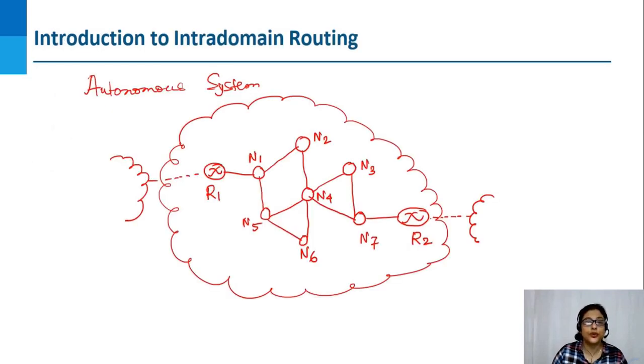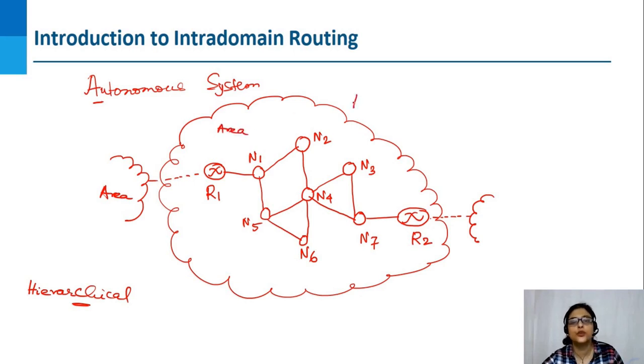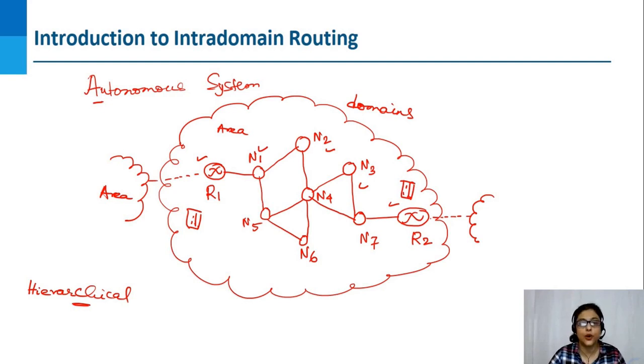In order to understand intra-domain routing, we have to understand what an autonomous system is all about. We know Internet is hierarchical in nature. This means that Internet is divided into several areas. These areas are known as domains. These domains consist of several routers and networks. These routers have their own routing table with the help of which they can help in forwarding and delivery of packets between the nodes of the network.